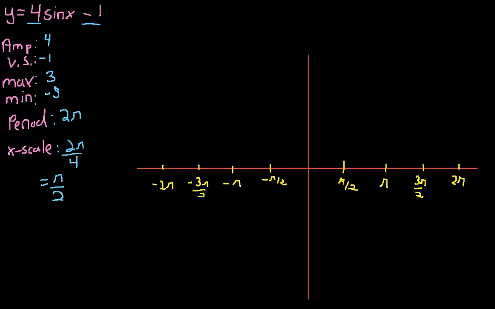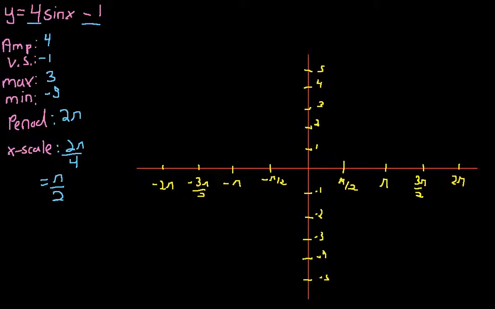The next thing we're going to do is focus on the y scale. Well, we know our y scale needs to be able to go as high as 3 and as low as -5. So I'm going to make those tick marks appropriate. I'm going to go -1, -2, -3, -4, and -5. Going up this way would be 1, 2, 3, 4, 5. Make that a little lower. Okay. So as we described before, the next thing we have to do is do these little dotted lines